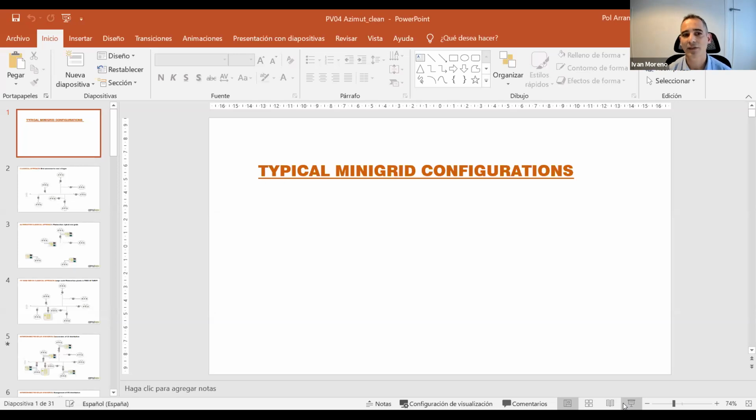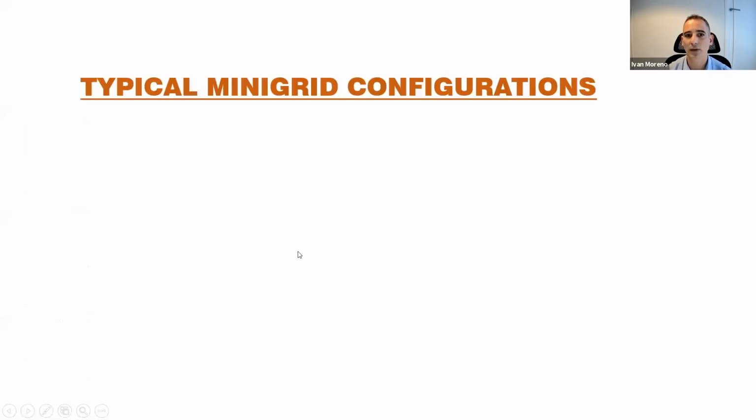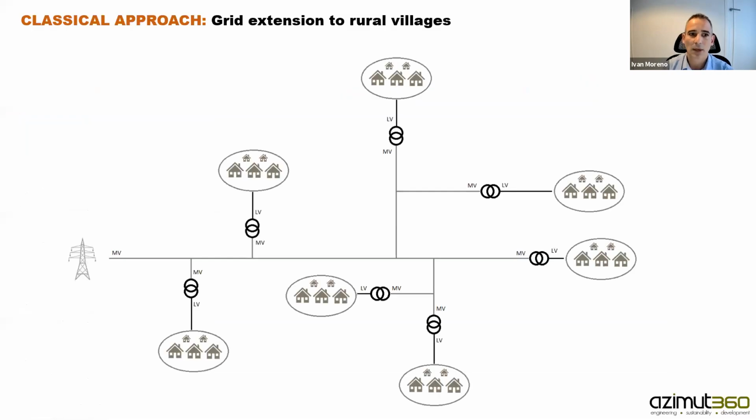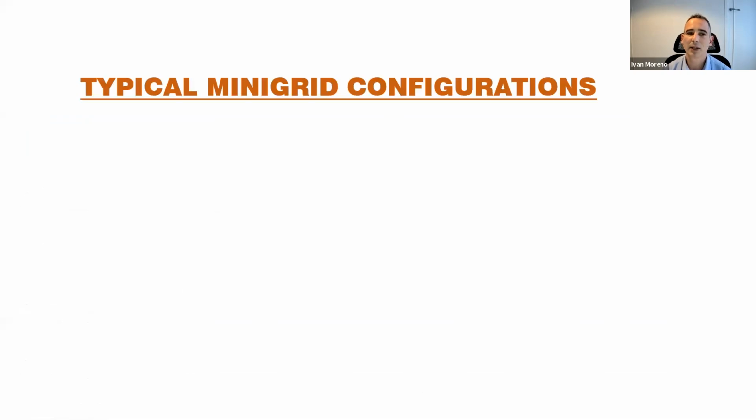Many thanks, everybody. So we are going to talk about mini-grid topologies, a comparison between them, and also about strengths and weaknesses in regard to centralized generation versus isolated mini-grids, and some technical aspects about the equipment typically used in these kinds of installations. In the next session, we will compare two projects of isolated and centralized models. So going to the typical mini-grid configurations, in the next slide,